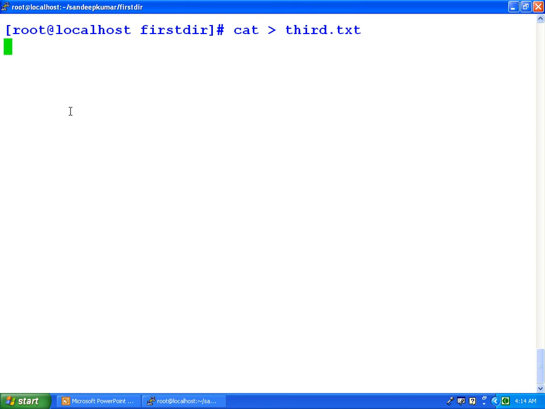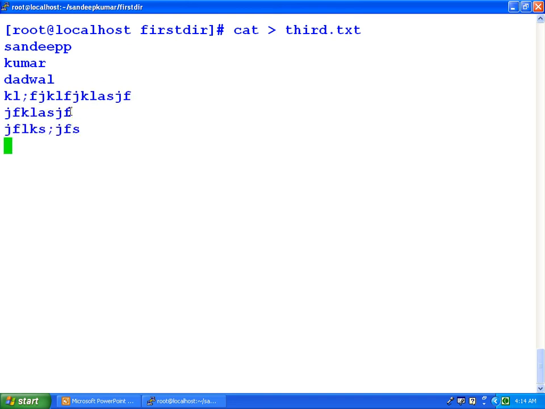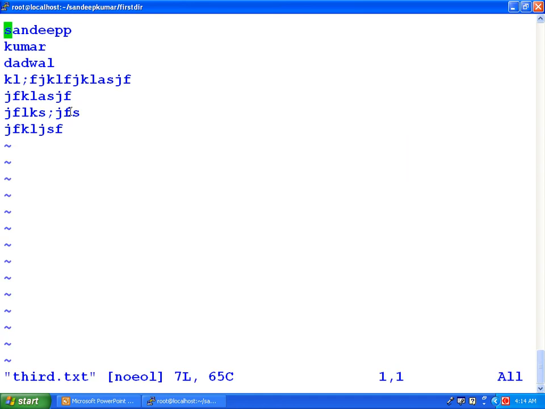Suppose we want to write the name of a person, anything we are writing, we have to write it with the help of the keyboard, and if we want to get out from that, we have to press Ctrl D. Now we are out of that file and we are back in our console. If we want to see the contents of that file, then we can see it like this. See, all the contents are written into that file.